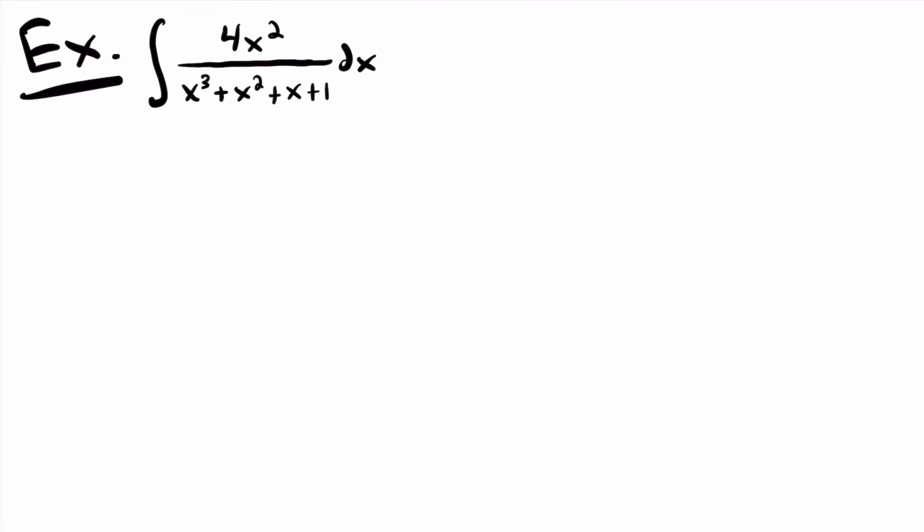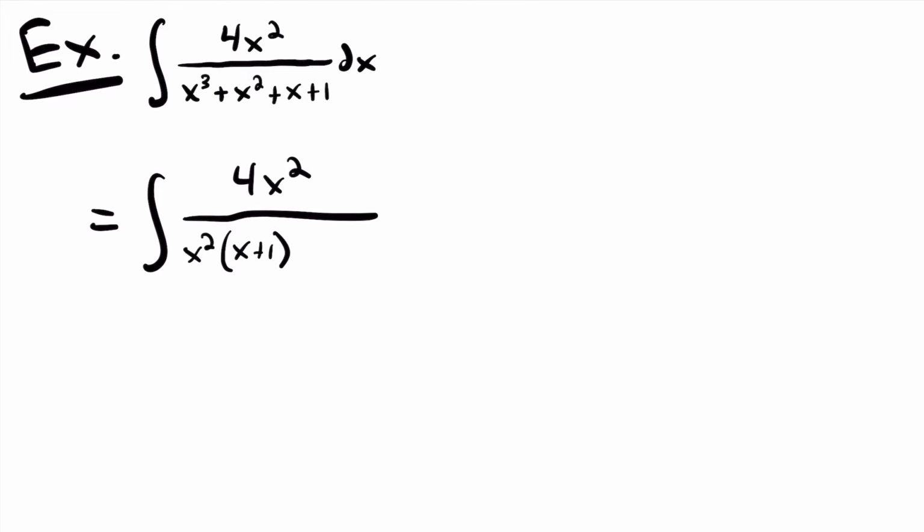If you're not familiar with factor by grouping, this is going to be equal to the integral of 4x squared divided by this denominator. Now in the first 2 terms, we have a common factor of x squared. So if we pull that out of both of the terms, we will have x squared times x plus 1, right? x squared pulled out of x cubed leaves us with just x, and pulling x squared out of itself leaves you with 1. And then for our last 2 terms, we already have x plus 1. They really don't have a common factor other than 1. So if we pull out positive 1, it's not going to change anything, but we can write it like this, plus 1